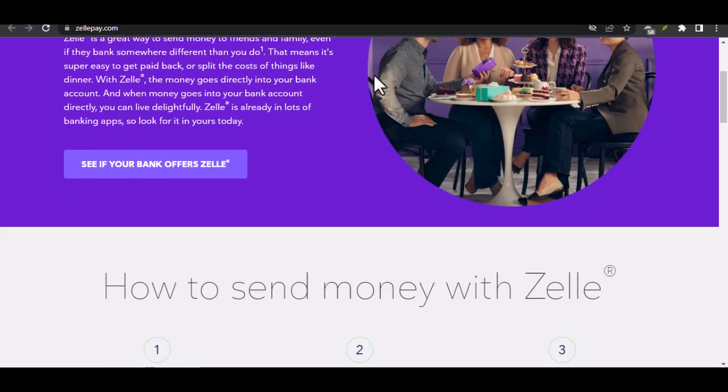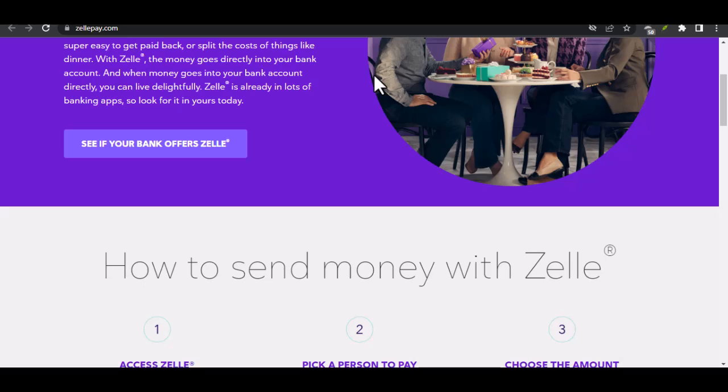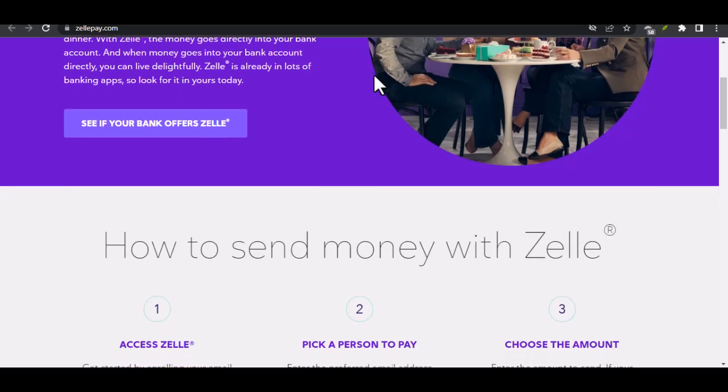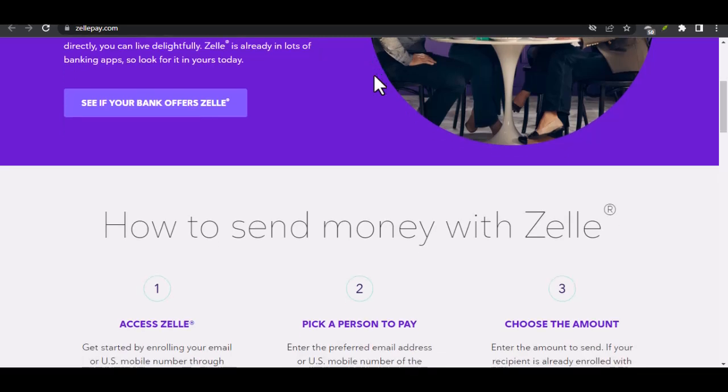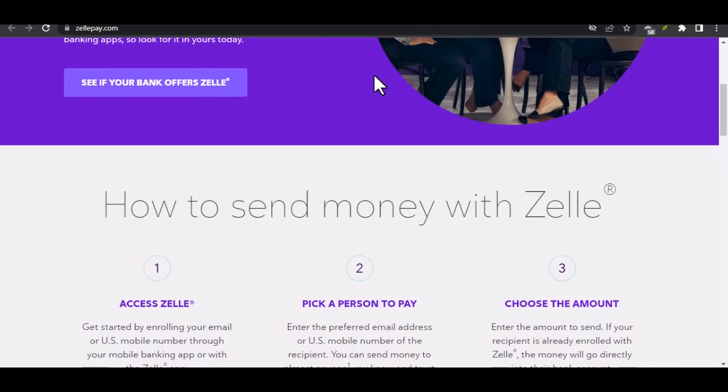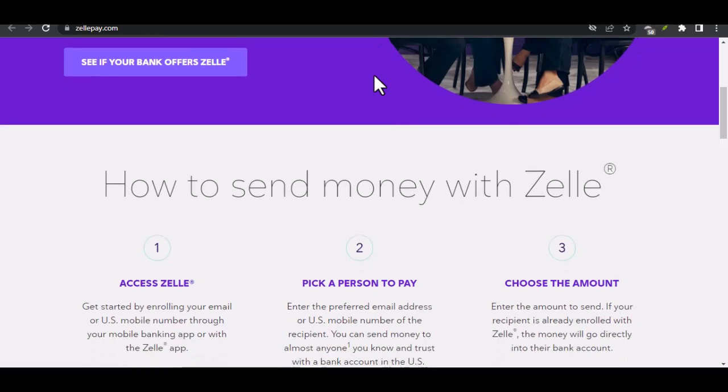And if you bank with Chase, you're in luck because Zelle is seamlessly integrated into their mobile app, making it incredibly simple to send and receive money right from your phone. No extra app downloads, no fuss. Today, I'm going to walk you through exactly how to use Zelle with your Chase account so you can transfer